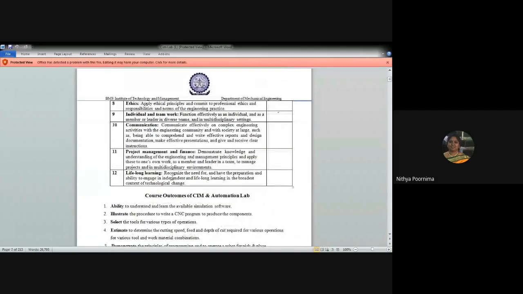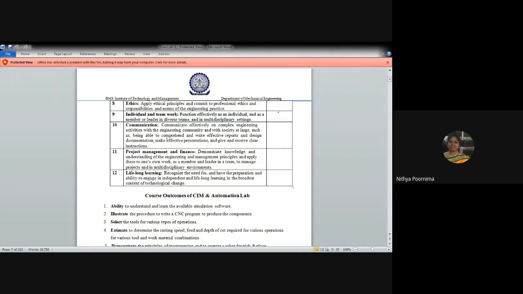Like lifelong learning. You will learn when you start thinking about your PBL, your project, all that gives you lifelong learning, right? Then project management. Once in your final year, when you do your project, you will know how to frame your objectives, how to make sure that you work in a team, and handling the finance. You'll have to plan your budget for your project. You'll have to make copies for your report. All that budget will be planned here, right?